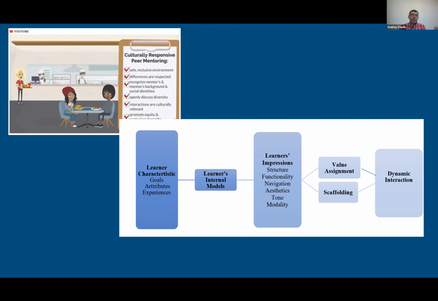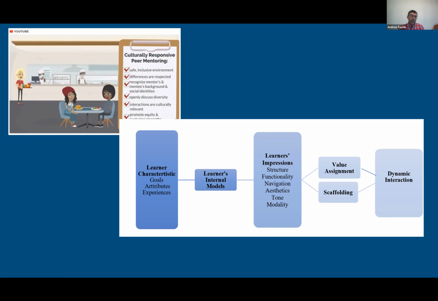And so we got some funding to be able to do some LX testing at an HBCU, a historically Black college and university out in the Northeast. This is funded by the National Science Foundation, where there's a mentor and a mentee, and they're trying to help them because some women of color tend to drop out, especially in STEM fields,